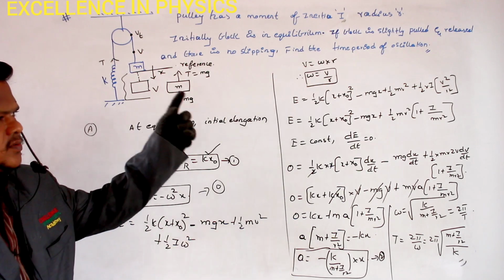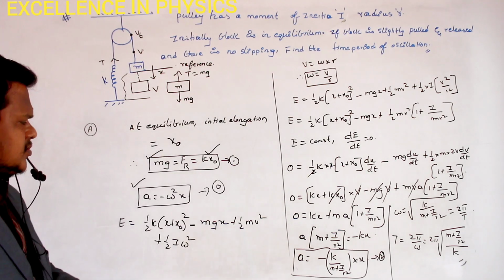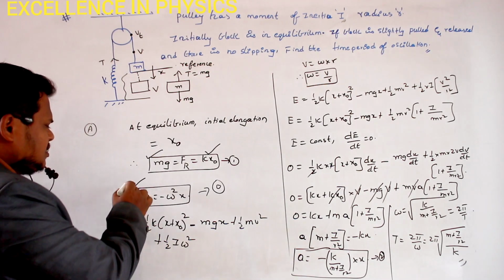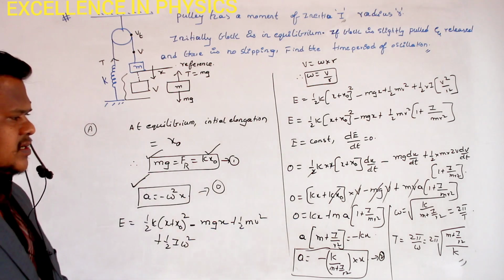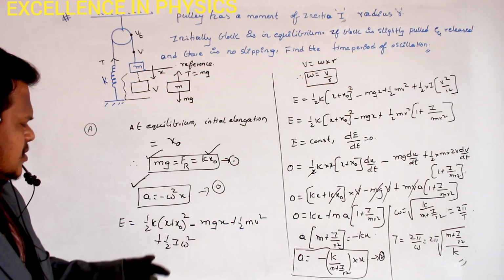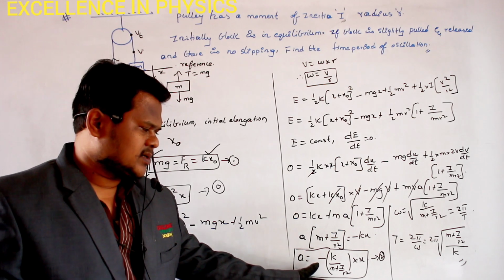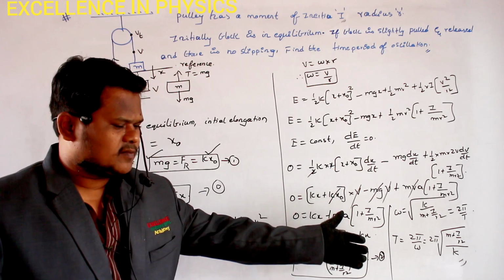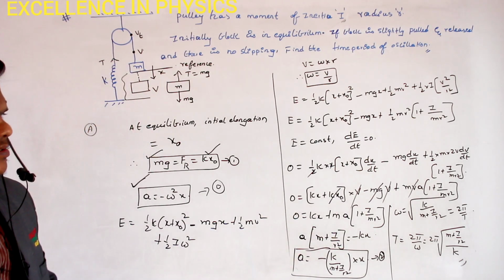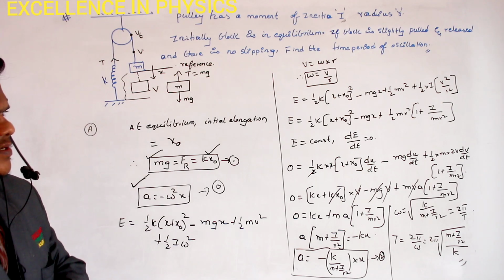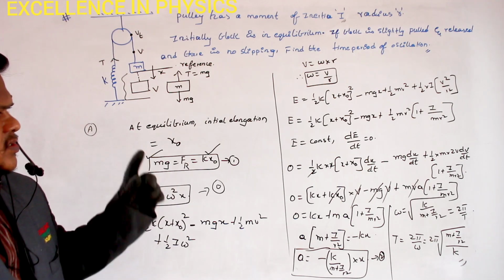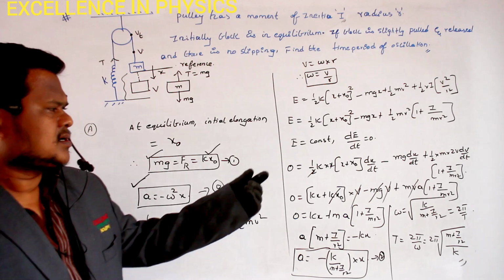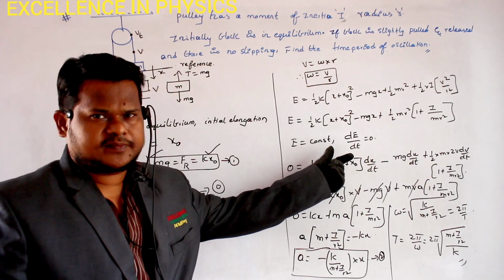Clear? So what we are trying to do is convert this equation in terms of a is equal to minus omega square x, so that the omega value can be compared with the equation which we got. Once we get the omega value, very easily I can calculate the equation for the time period. Clear? So wherever energy is a constant, we can always use this relation.